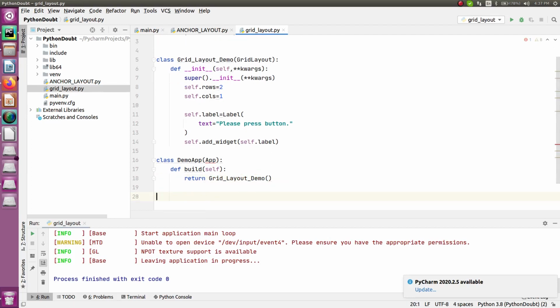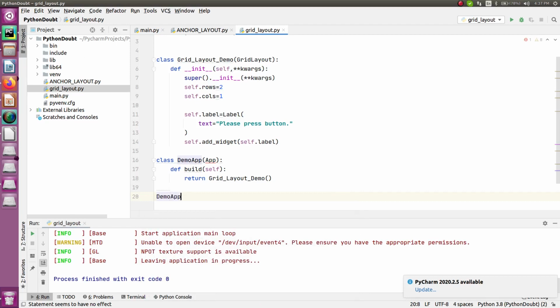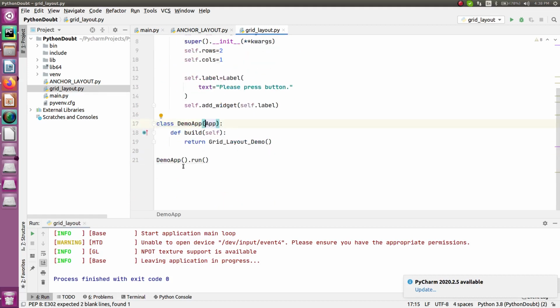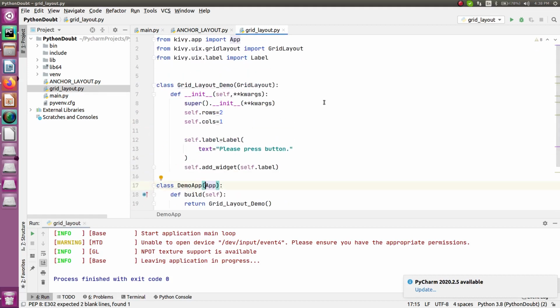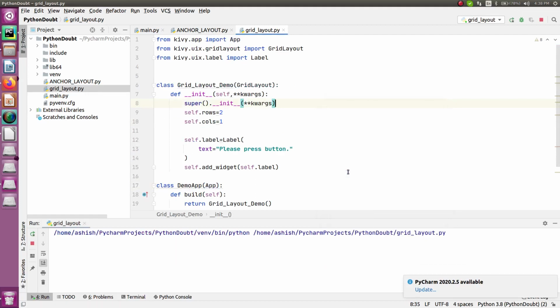So now I have done this step. The last thing is to just call that part. For the calling purpose, you know how to do it. You just have to first create an object, and then call the run method, or you can directly use the class and then call the run method, right? And in this, first just import this one, right? So now you have imported this, and now you have done everything. Now just run this and let's see whether it's working or not.